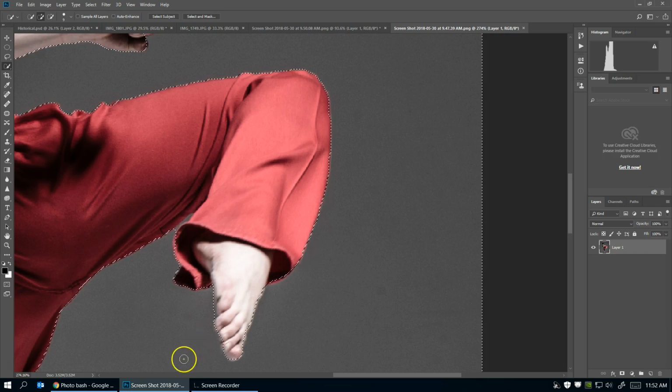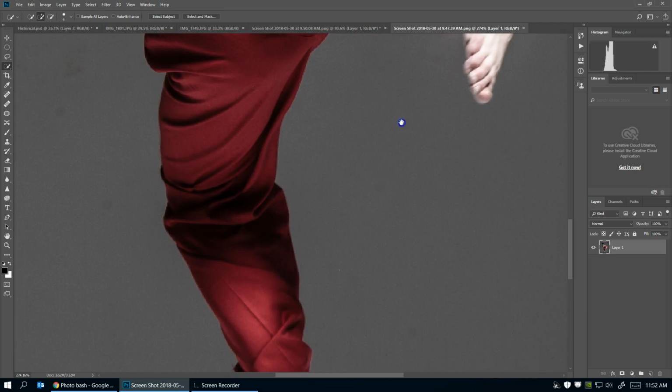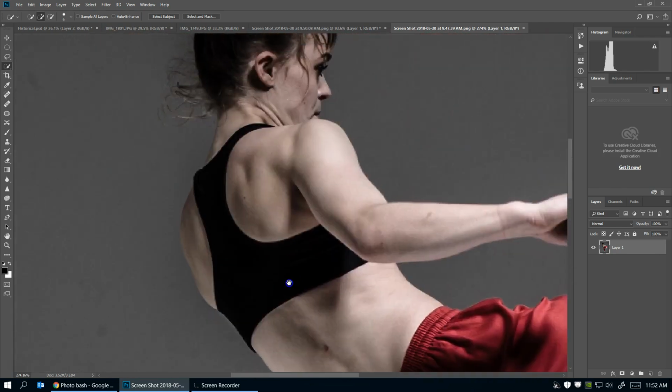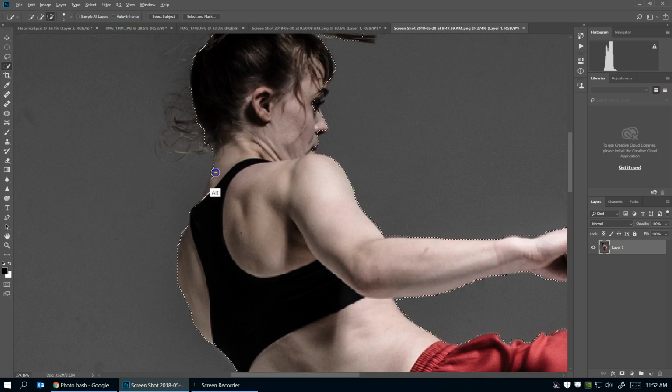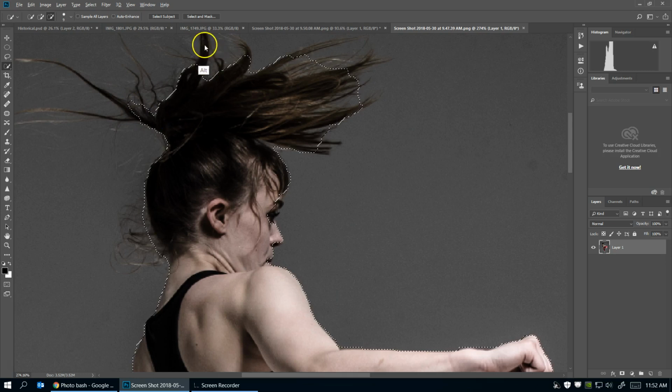So try not to draw today. Try this. Try to do Photobash. The hair is hard, I know. We're going to have one day when we only deal with hair. I don't want to make you confused